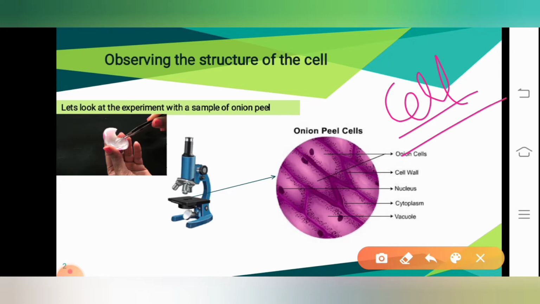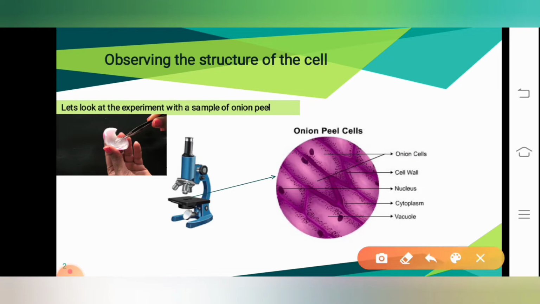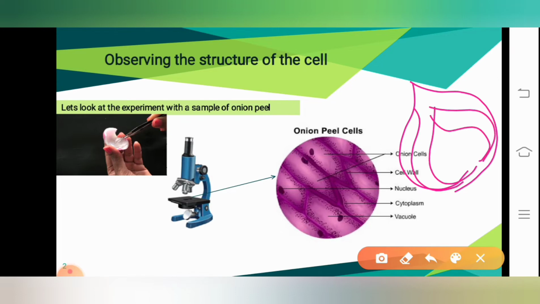So now we can observe these cells by performing an experiment. Here let us look at a setup of an experiment where we can observe the cells. This setup consists of onions as well as the microscope. We also use the glass slide. What we do here is we take an onion, and if you look at the onion, you can observe there are bulbs present inside the onion. Correct? By taking one of the bulbs out of the onion, we will remove the peel from it. We call it the onion peel.